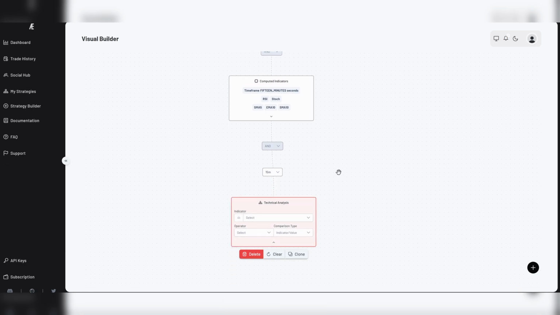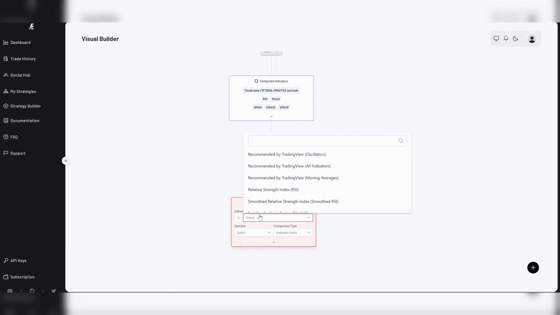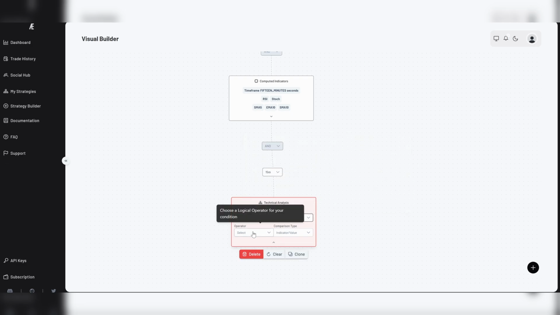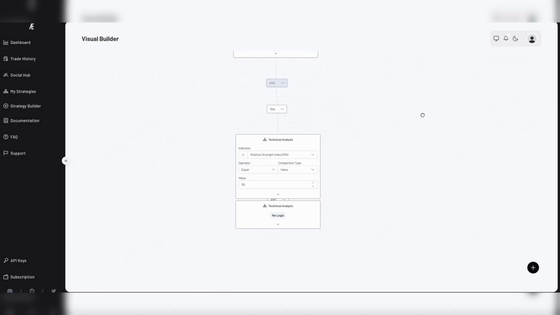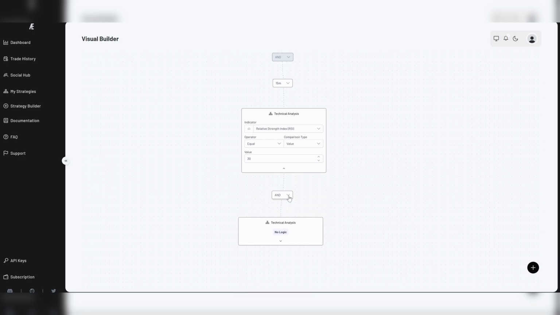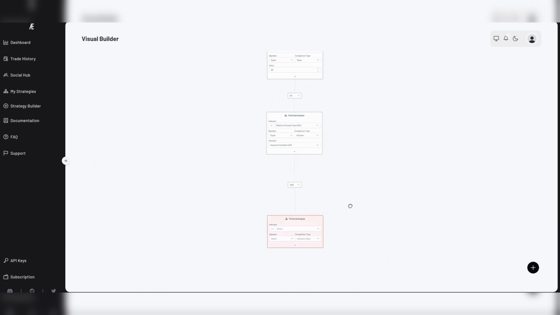The difference is that the technical analysis layer gives you the granularity to define the exact values that you wish an indicator to hit before a buy signal could be sent to the bot, right? So for instance, you would like to have the RSI with a value equal to 30. You may chain any number of technical analysis layers together, and you can choose the technical operator. This could be AND or OR. So you can see how